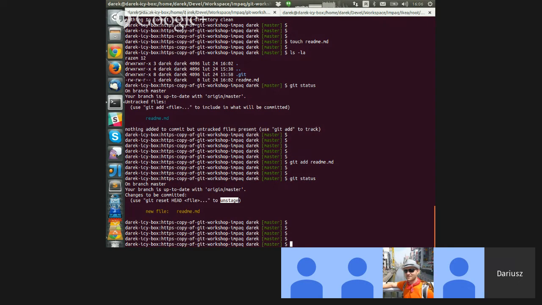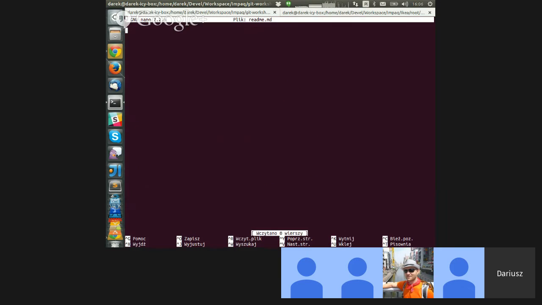Staging, right? We were on staging. So let's say, okay, but I don't want to add an empty file to the repository, right? Let's write something in the file. This will be a README description of the repository. So we'll say that this is a repository for